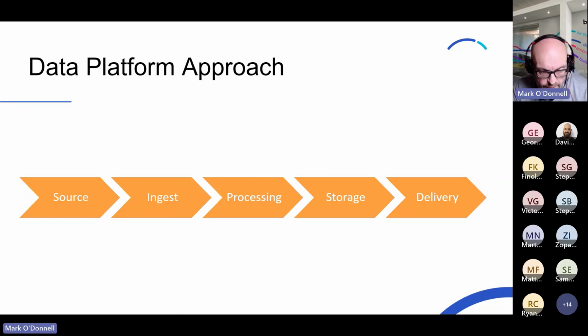Then, if required, we store it. So that could be anything. Store it into a database or onto a file system, or even into a data lake or lakehouse, or somewhere that it's accessible to something like an analytics engine, or for the last part, the delivery part of it. So the delivery part is all about accessing the data.